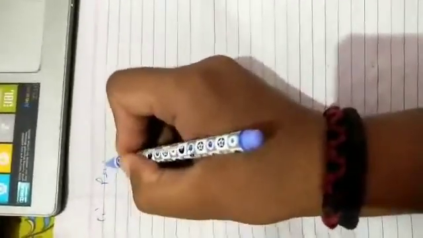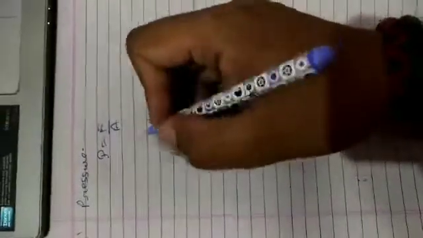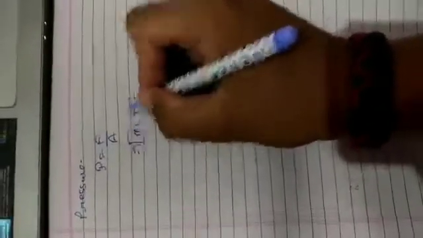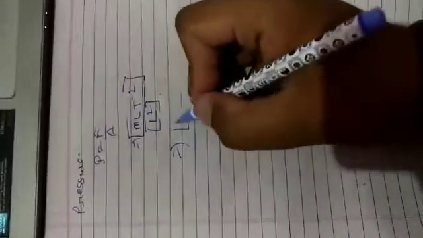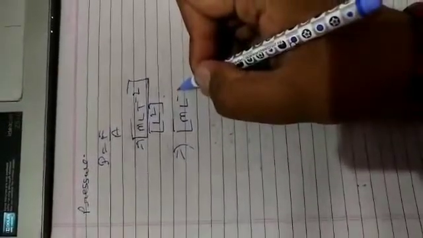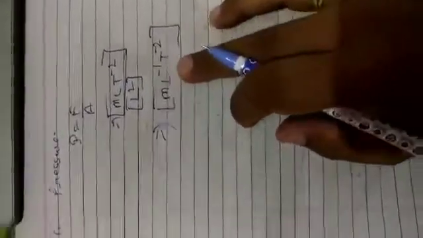Now next one, 11th one is pressure. Pressure formula is P is equal to F upon A, force upon area. Force we have already known, M L T^-2, already calculated, and area also we have calculated, L square. Sending it above, we get M L^(1-2) T^-2, so M L^-1 T^-2. So we get the pressure dimensional formula.